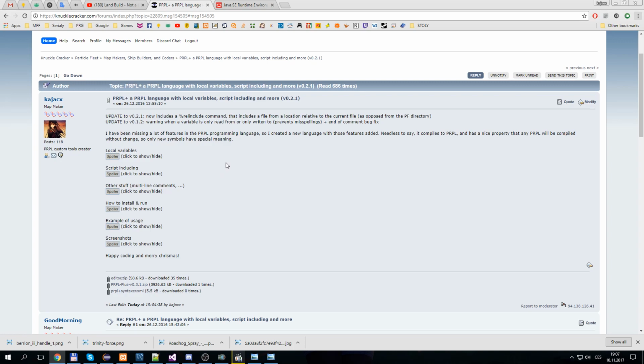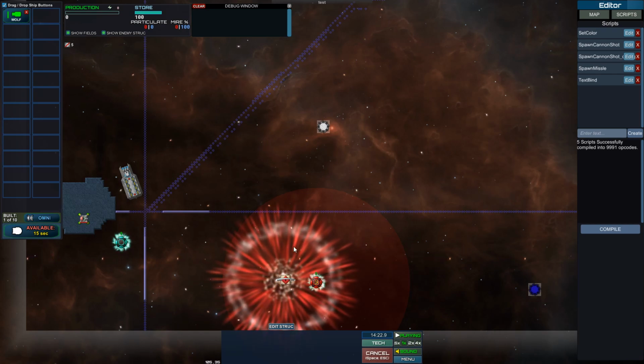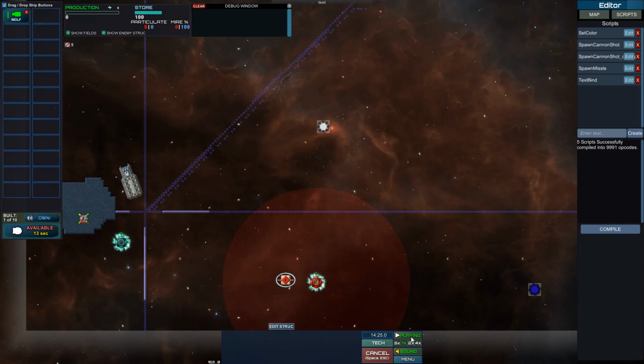In this episode we will be taking a look at what is PRPL Plus. But first let me take a side route. Here I have a script that spawns cannon shots in 12 directions. And as you can see, some of them are friendly and some of them are enemies. And this is actually due to a bug